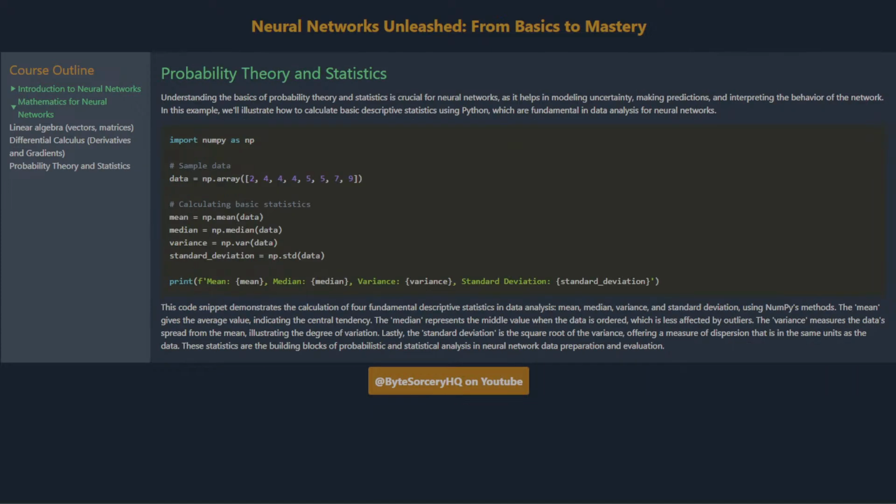Probability theory and statistics. Understanding the basics of probability theory and statistics is crucial for neural networks, as it helps in modeling uncertainty, making predictions, and interpreting the behavior of the network. In this example, we'll illustrate how to calculate basic descriptive statistics using Python, which are fundamental in data analysis for neural networks. This code snippet demonstrates the calculation of four fundamental descriptive statistics in data analysis: mean, median, variance, and standard deviation,